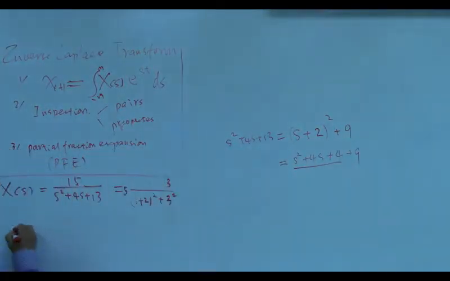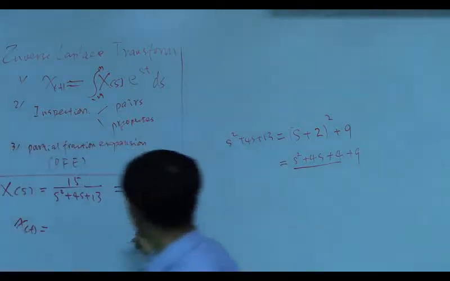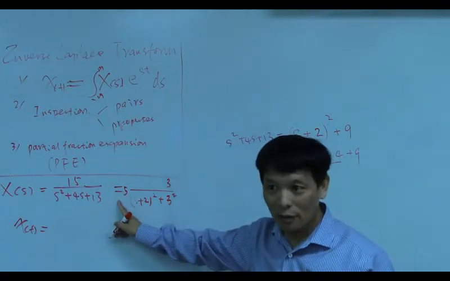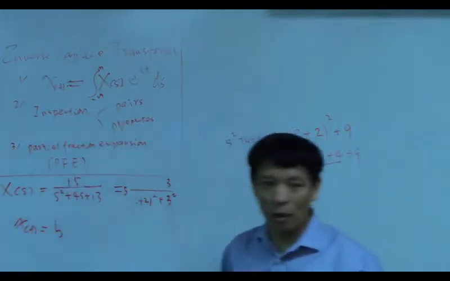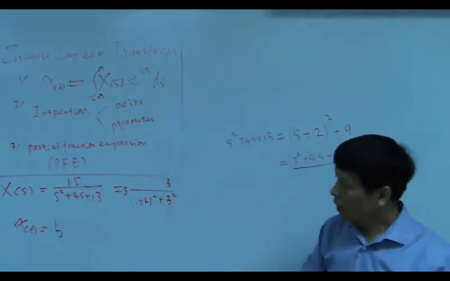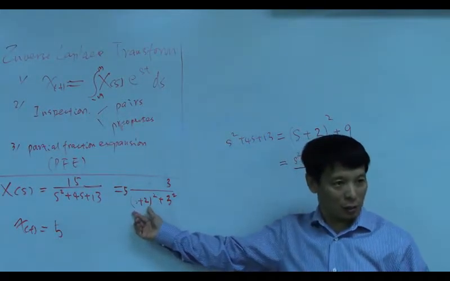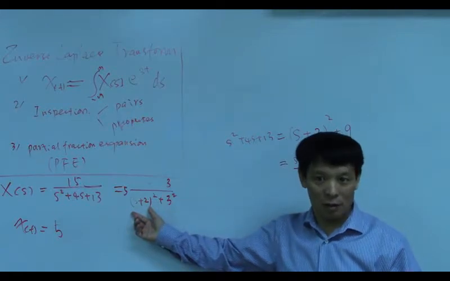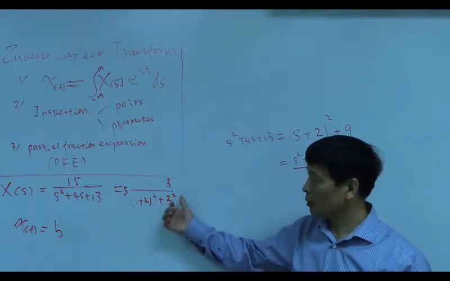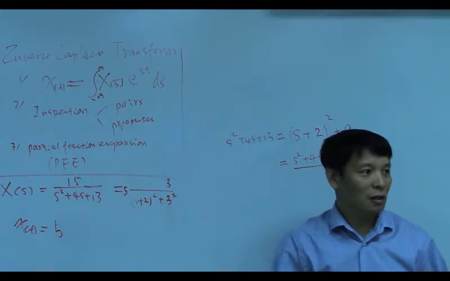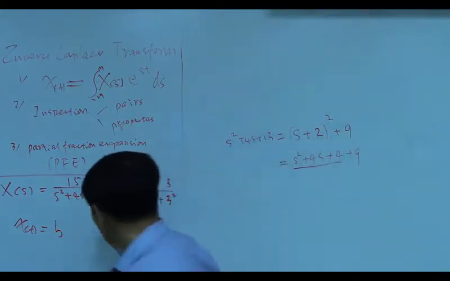Okay, so now everything is much better. So we directly write out the time domain signal. That is the inspection method. So we look at this, then we know it. So x(t) will be equal to, first one, there's a 5 here, right? So we need to have a 5, that's the linear property. We consider this s plus 2 is just the s. So s squared plus omega squared, omega. So that is a sine function, right? So that will be a sine